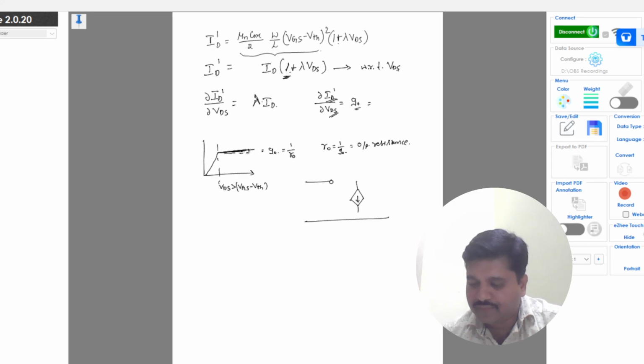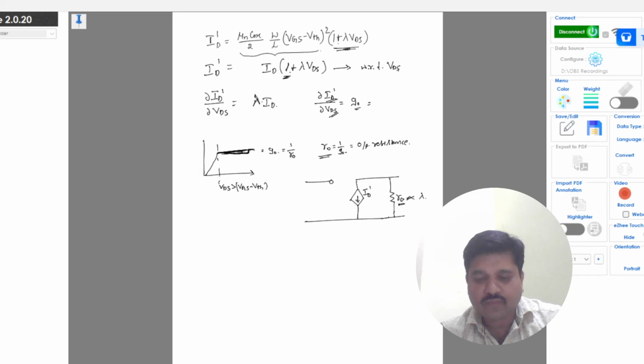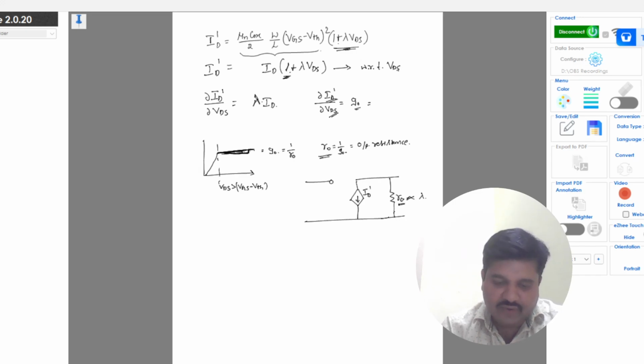This is id dash now, and this is my R naught. This is the R naught output resistance corresponding to this current in the saturation region because of this slope. The slightly increased slope is due to channel length modulation, and R naught itself represents the channel length modulation for the MOSFET. And this is the equation we have: R naught is lambda times of